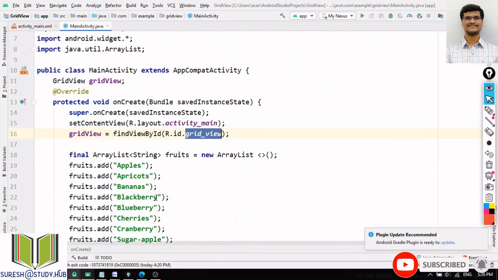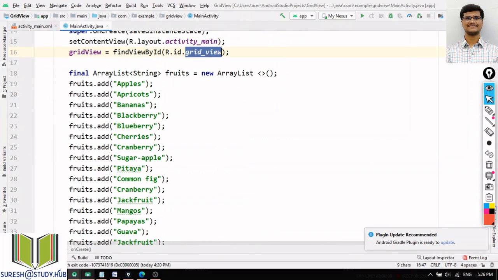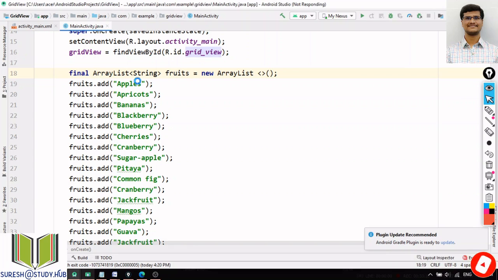Okay, and after that I am creating this ArrayList. So same thing as in the previous example list view, I am using this ArrayList. In the same manner I am using this ArrayList with String, and the name of the object for this ArrayList class is fruits. And after this one I am entering some fruit values into this one.